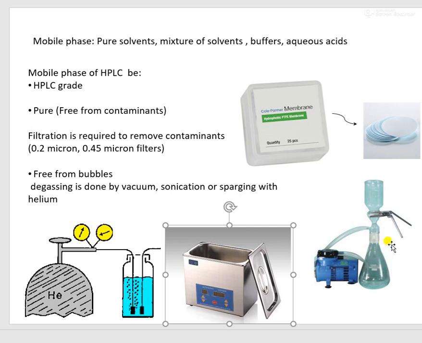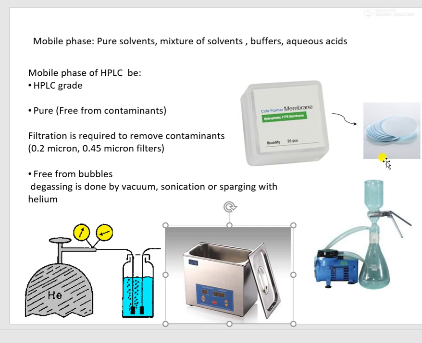And this is the image of the filtration assembly. For filtration of mobile phase, you have to take out this filter with the help of forceps. You cannot touch it directly, to prevent any contamination. You have to place it here in between. This is a filtration funnel. As seen here, it is made up of glass, but it is also available in stainless steel. So you have to remove this clamp, place the filter with the help of forceps, again place this assembly, clamp it, and join it with the vacuum pump.